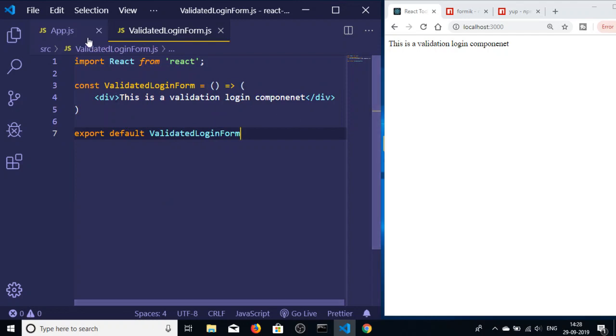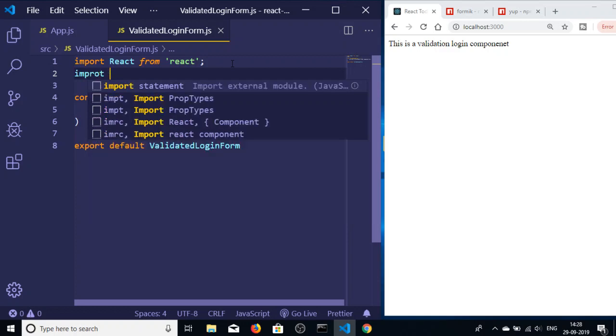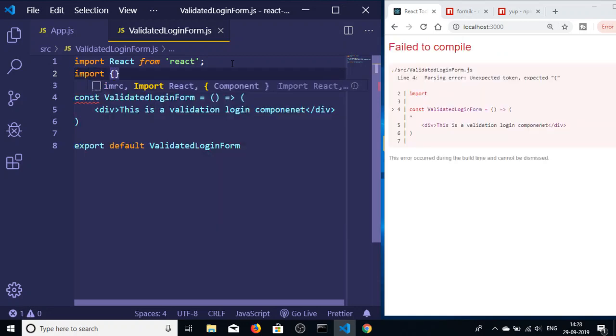So now in this we will be having our form here, that is a Formik form. First of all we need to import the dependency that we have installed here. First of all, the Formik dependency. So import, we will be using the destructuring operator here. So we will be extracting the Formik from the dependency name. So I will write here from Formik,